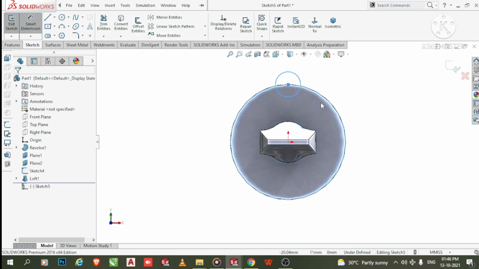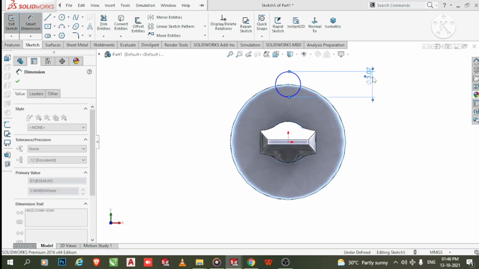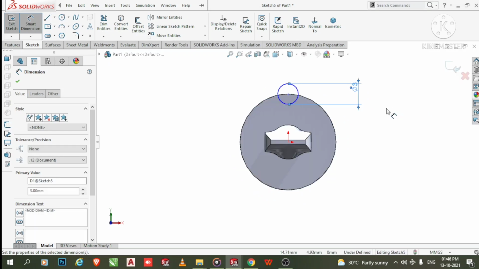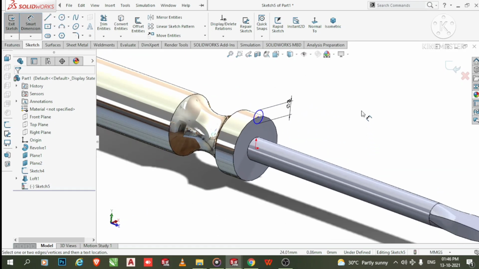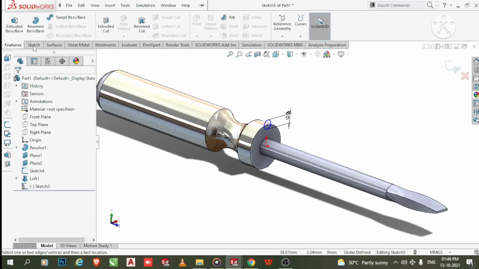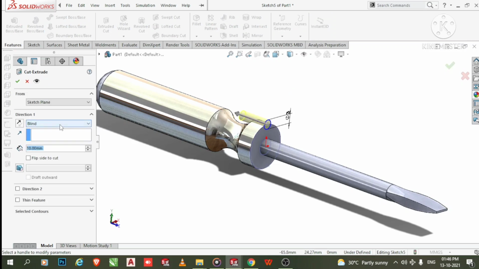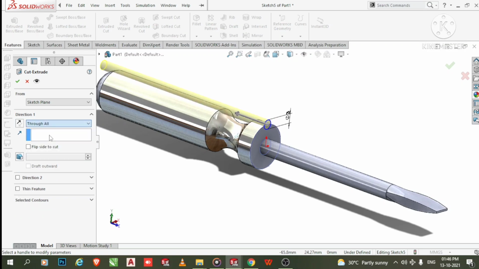So go to the smart dimension and make it 3. And here we make the extrude cut to this sketch. So go to the feature, now select extrude cut and we make the extrude cut through all. So select through all, okay.